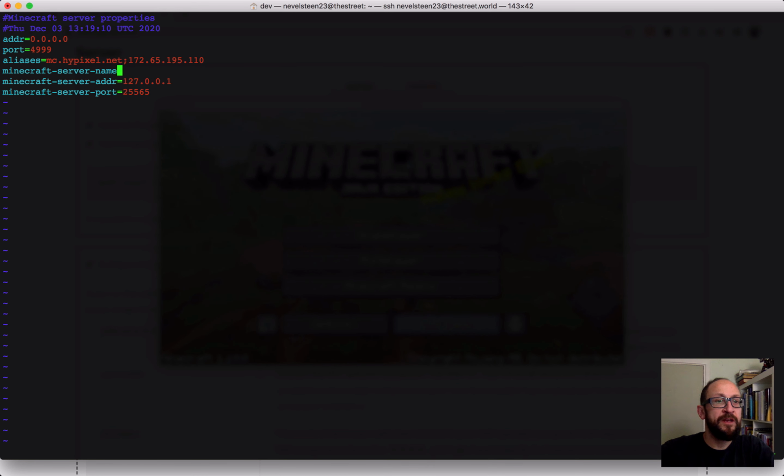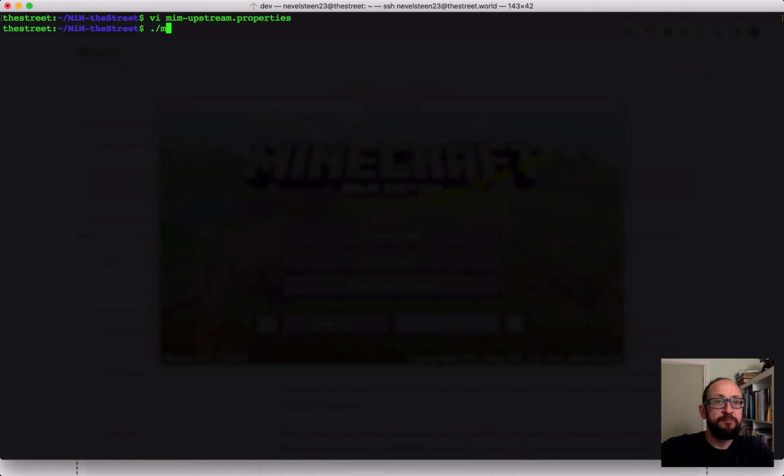Then to make it interesting, I could just put Hypixel here and not specify the name. To make it interesting, I'll actually put the IP address of Hypixel. And then I'll put the server name here. If I were to leave this out, you would not be able to connect, because you cannot connect to Hypixel via the IP address, so you have to specify the name here in order to connect to them. If we save and quit,